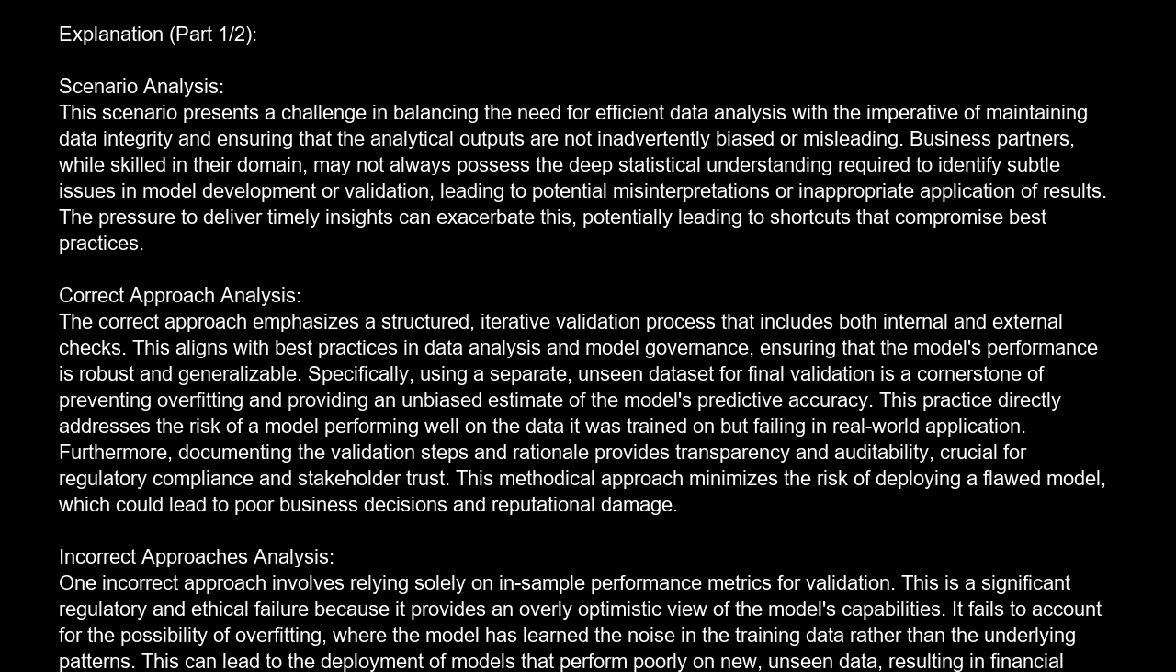It fails to account for the possibility of overfitting, where the model has learned the noise in the training data rather than the underlying patterns. This can lead to the deployment of models that perform poorly on new, unseen data, resulting in financial losses or incorrect strategic decisions. Another incorrect approach is to skip formal validation entirely, assuming that the model's intuitive appeal or the